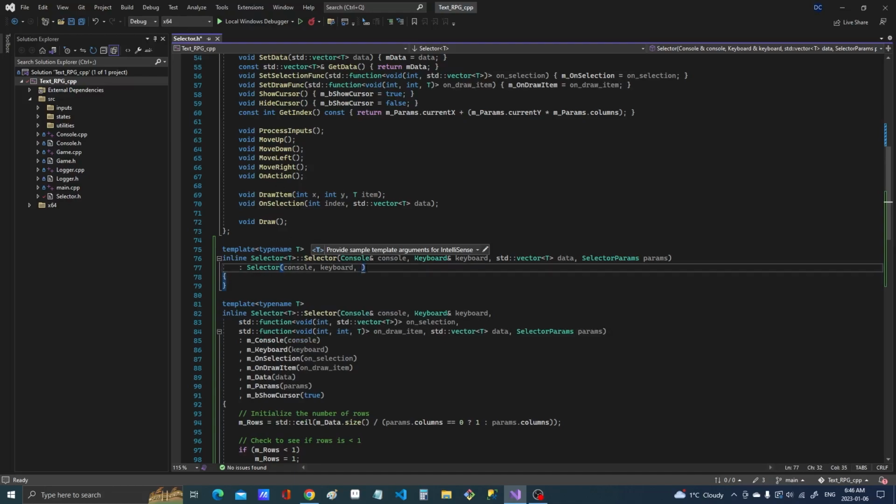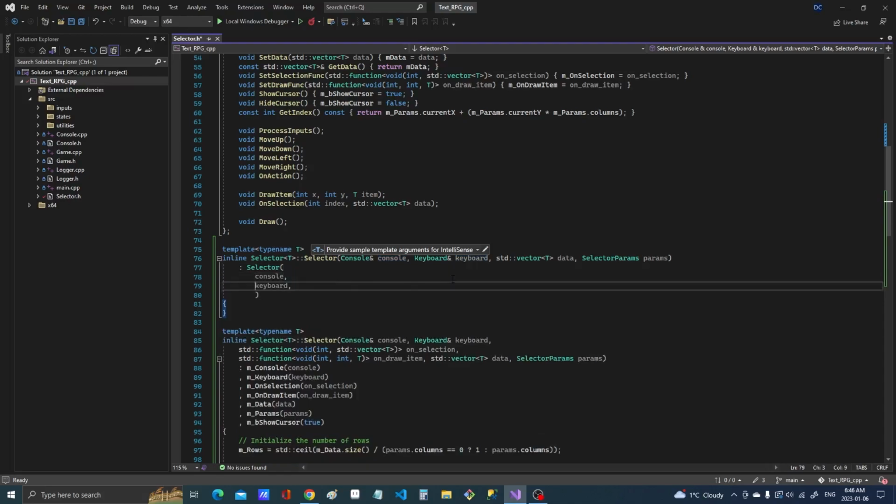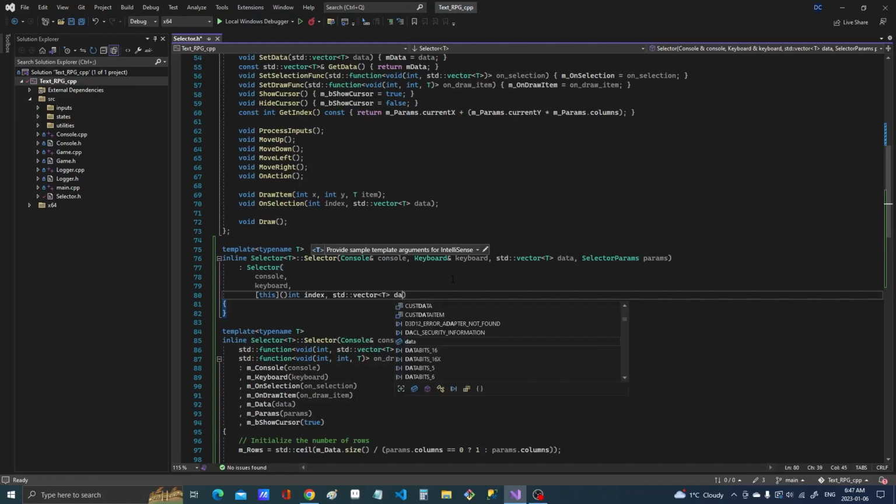So we're going to need to use lambdas for that. So after the keyboard, we want to capture this, int index, not int, sorry, std::vector<T> data, and this is going to call our selector